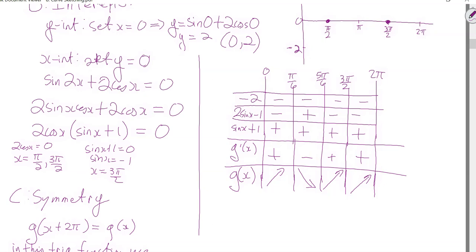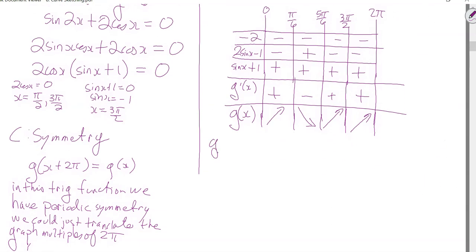Oh, well, there's a max at pi over 6. How surprising. But we've got to state intervals of increase and decrease. So g of x is increasing from 0. And remember, 0 is our hard cap. Left side, right? To pi over 6. And 5 pi over 6